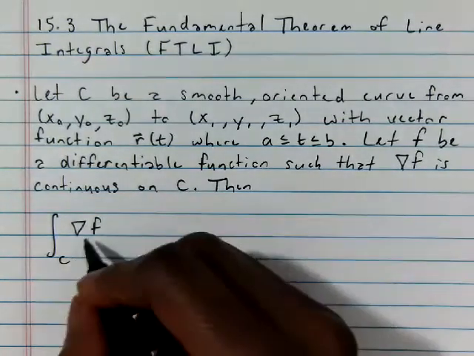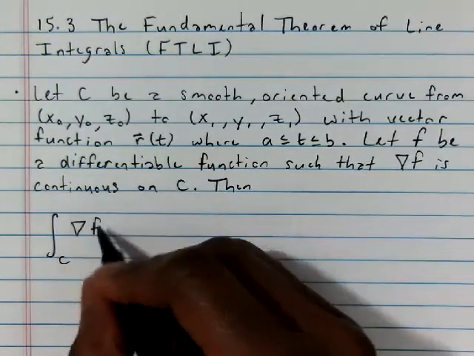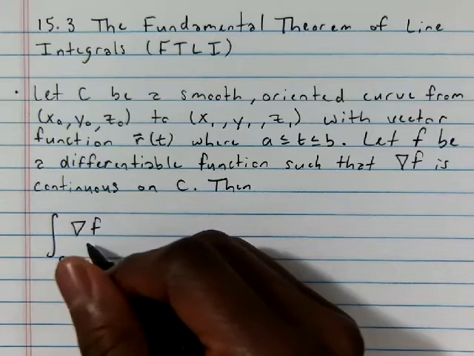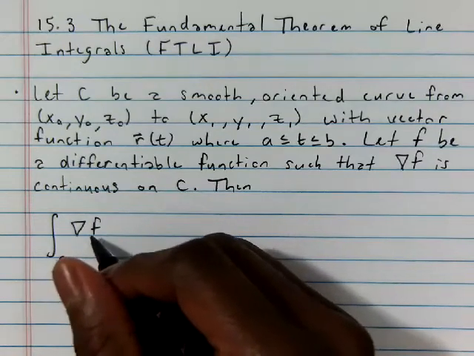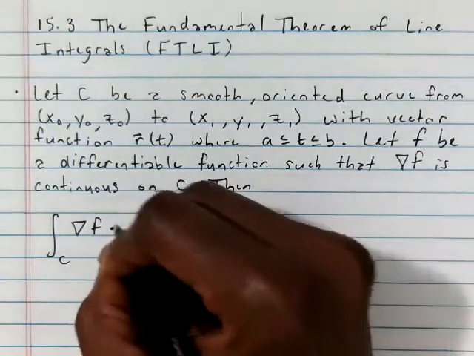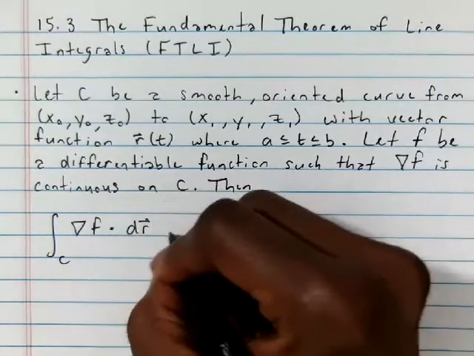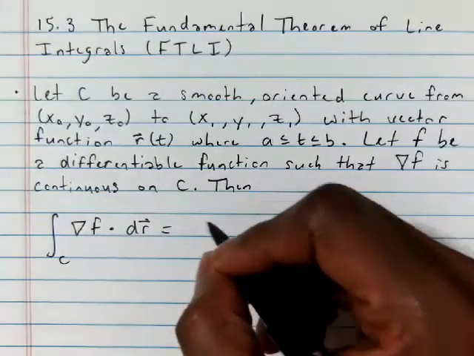So we're doing a line integral of a vector field. It just so happens that vector field is the gradient of some scalar function f, dot dr equals